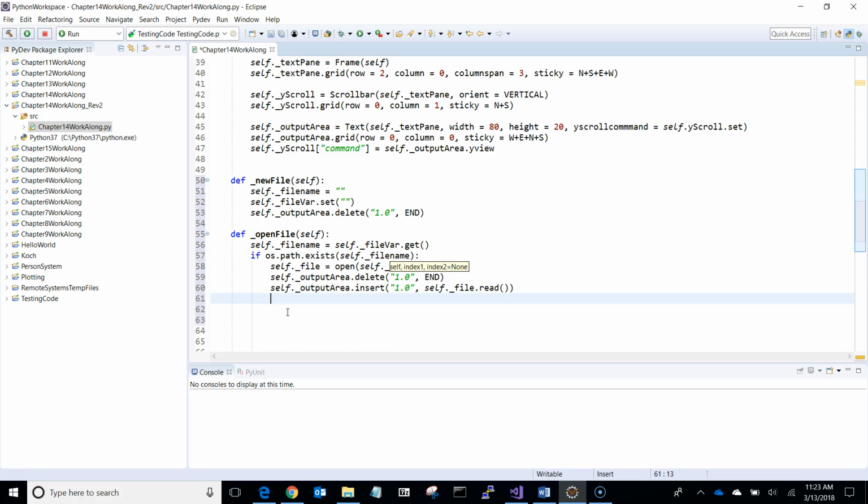What if the if statement is incorrect? We want to give the user a warning saying that we can't find the file. So I want to line up with the I in my if statement. I'm going to throw in an else, colon, because if the file is not there, I need to pop up something to them. So I'm going to go to